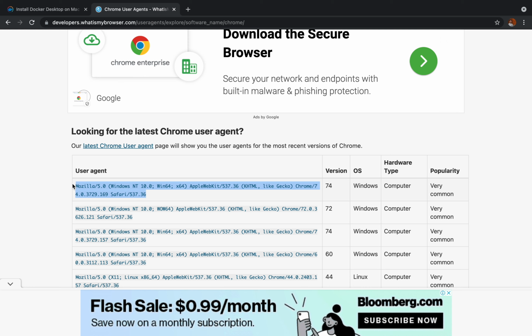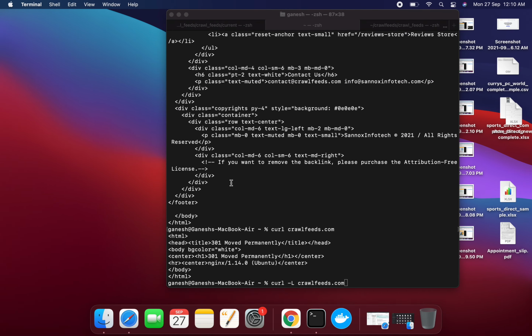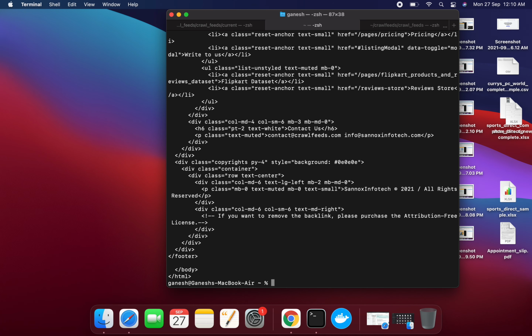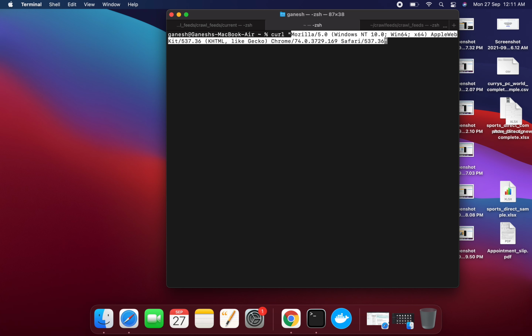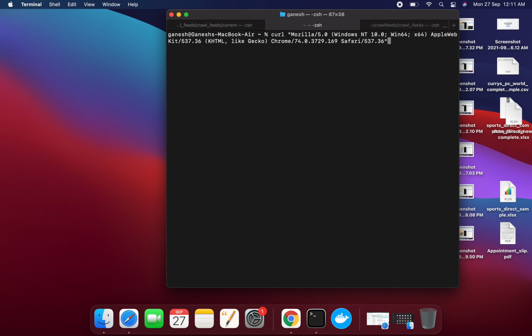Okay. Now let's see what will happen. I have to go to my command terminal and clear this out. Now you can just type curl, and paste your copied user agent. I just copied it, and this is not my user agent.